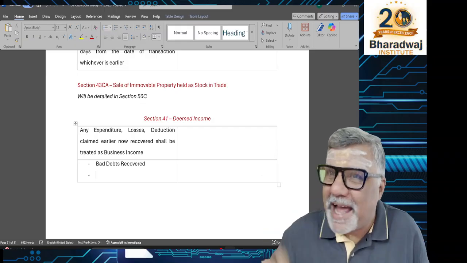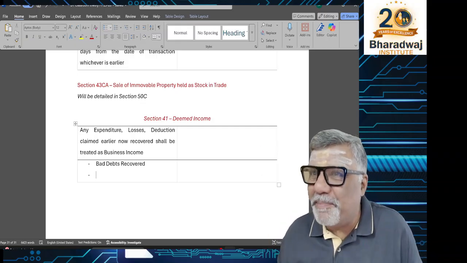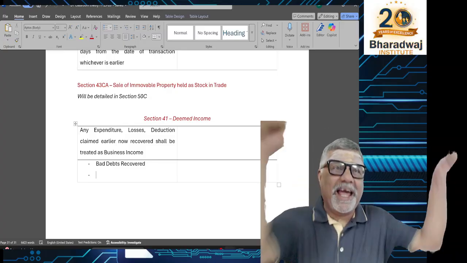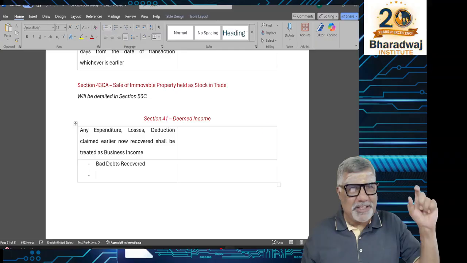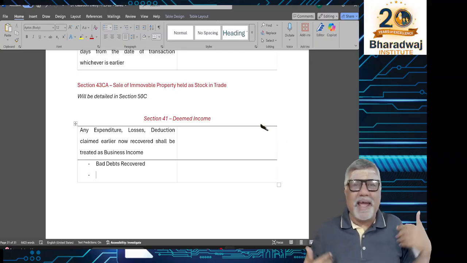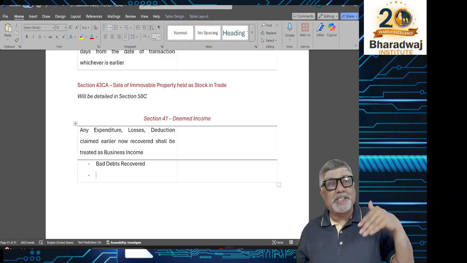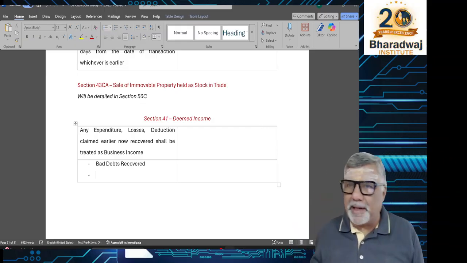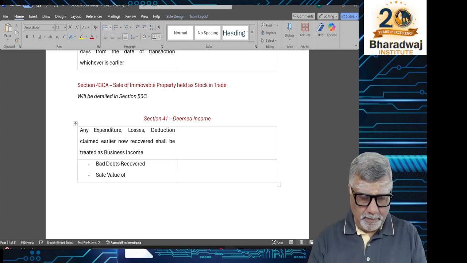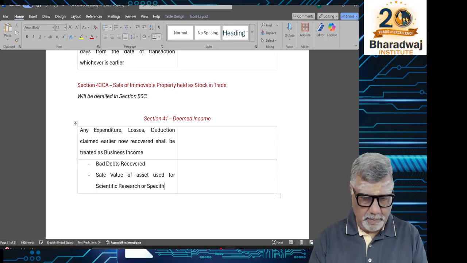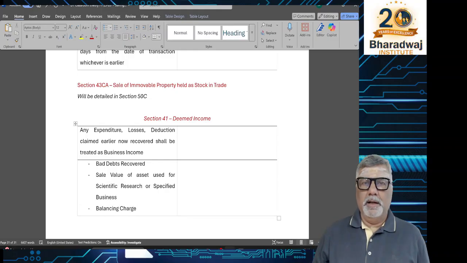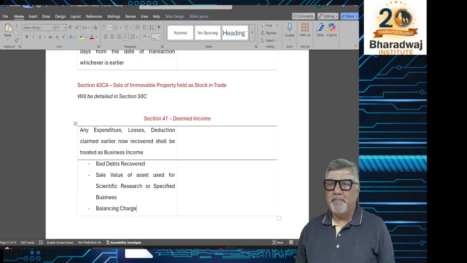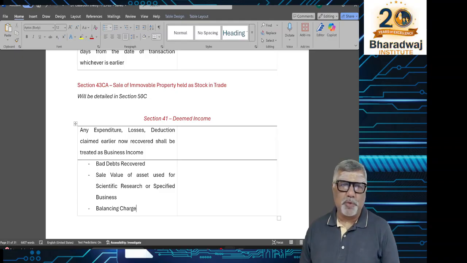Suppose I sell it for 6 lakhs. 5 lakhs is PGBP, 1 lakh is capital gain, because 5 lakhs only I would have earlier claimed. That's why section 41. Whatever was claimed earlier and is now recovered will only be treated as income. That's why in various places it is written that over and above license value, over and above asset value, it goes to capital gain. Where electricity company follows straight line basis, the balancing charge will also be treated as